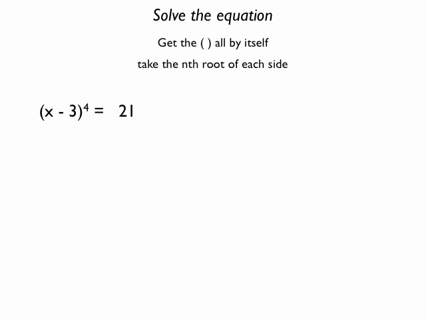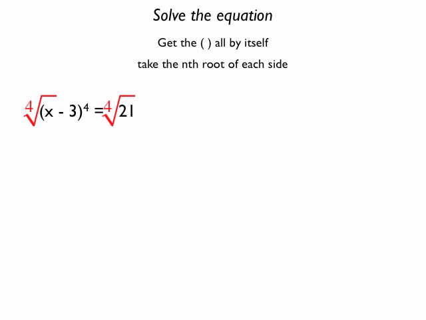The last two examples are very similar, just a little bit different. They involve some parentheses here, and you need to get the parentheses all by itself first. And then if the parentheses is cubed, you take the cube root. If it's raised to the fourth, take the fourth root, and on down the line. So in this one we have (x minus 3) to the fourth power is equal to 21. The parentheses is all by itself in this case, so we're just going to go ahead and take the fourth